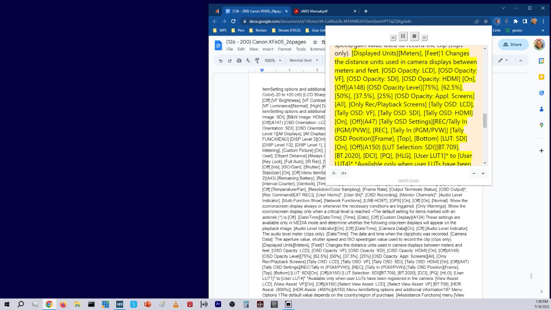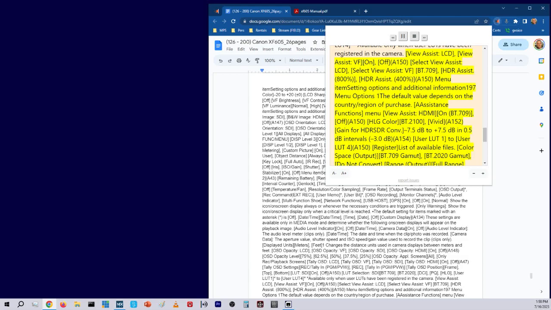LUT selection, SDI: BT.709, BT.2020, DCI, PQ, HLG, user LUT1 to user LUT4, available only when user LUTs have been registered in the camera. View Assist: LCD, VF (on, off), page 150. Select View Assist, LCD; select View Assist, VF: BT.709,